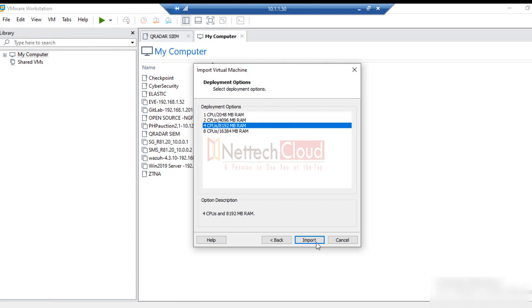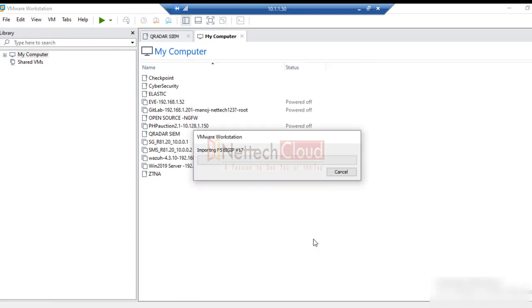So I have selected that. Import is in progress, will take a couple of minutes, and once successfully imported, just power on the virtual machine, perform initial configuration first from the CLI, and then the rest of the configuration we'll do from graphical user interface mode,